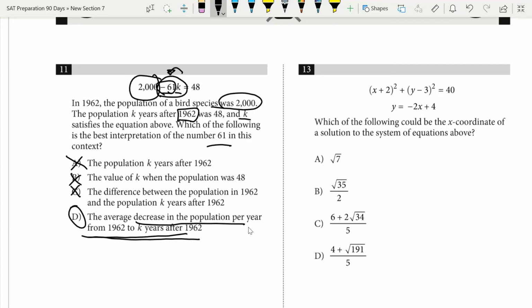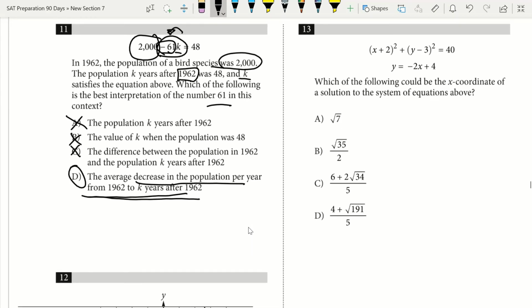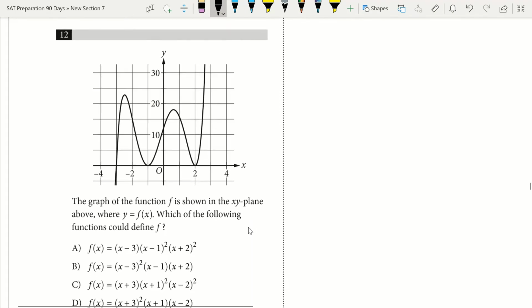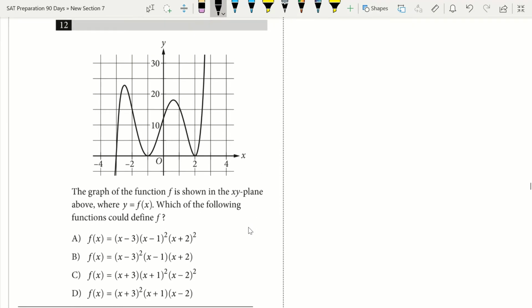So as far as tips you can put in your notes, anytime we have a number next to a variable in our equation and it's a subtraction like that, we're really looking at most likely a decrease in some sort of number, right? That's really our slope that we're dealing with there. All right, so right here we have the graph of the equations shown in the xy plane above